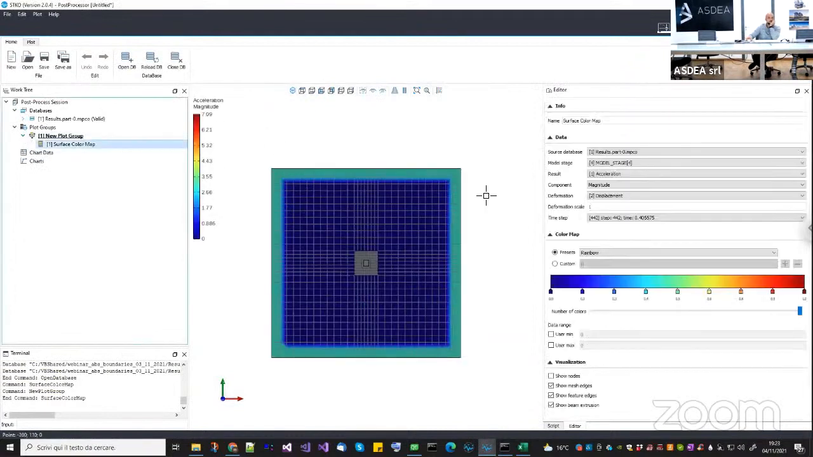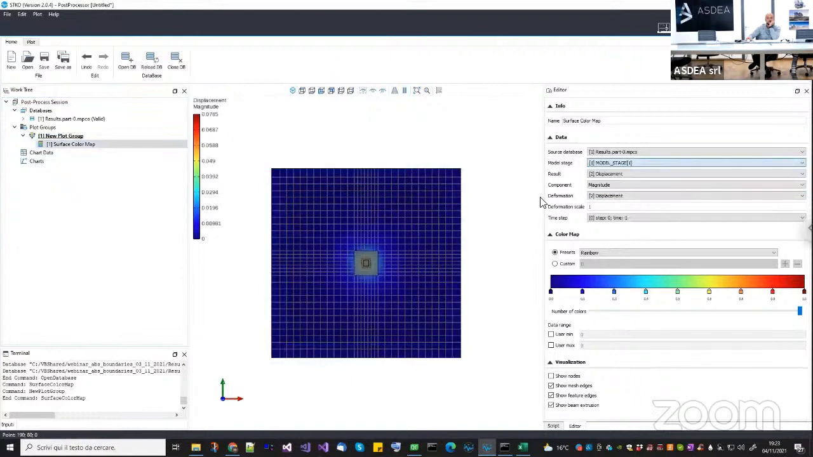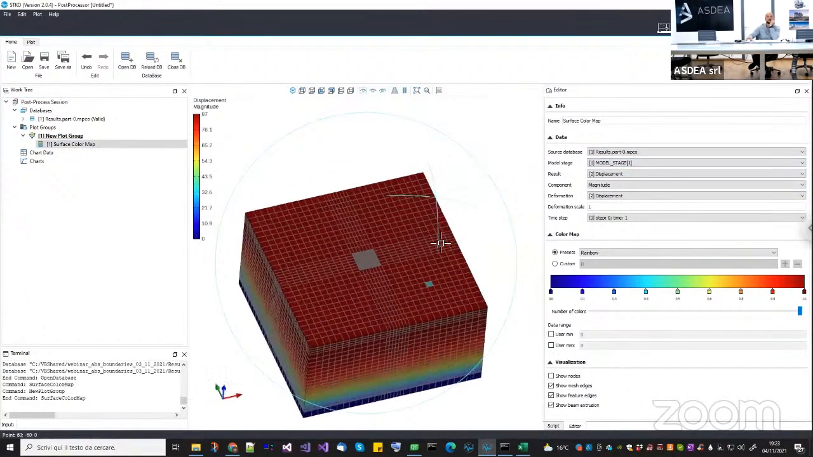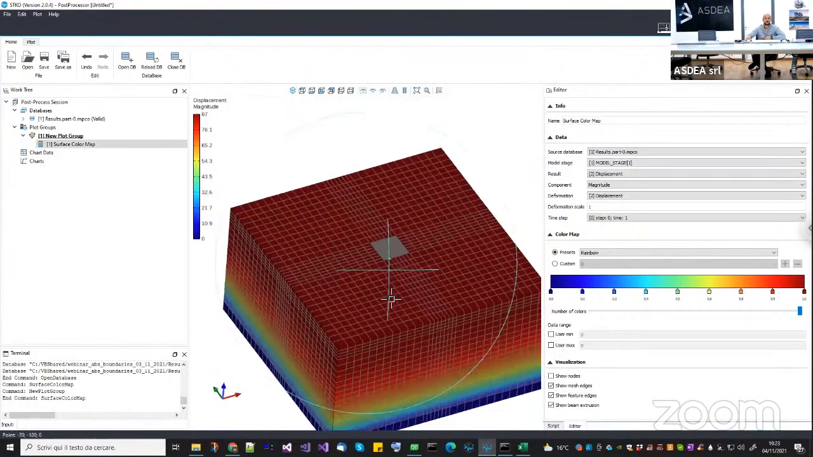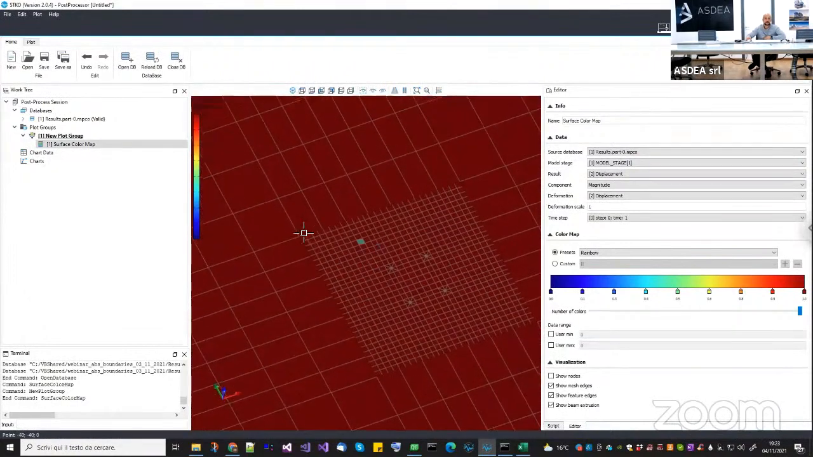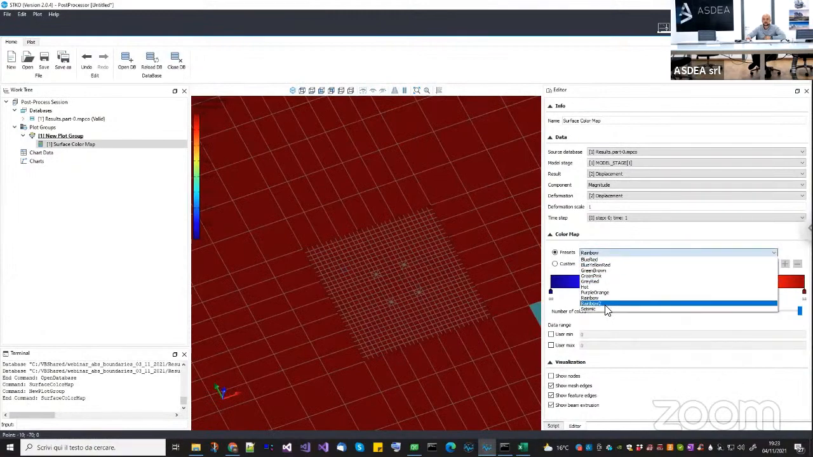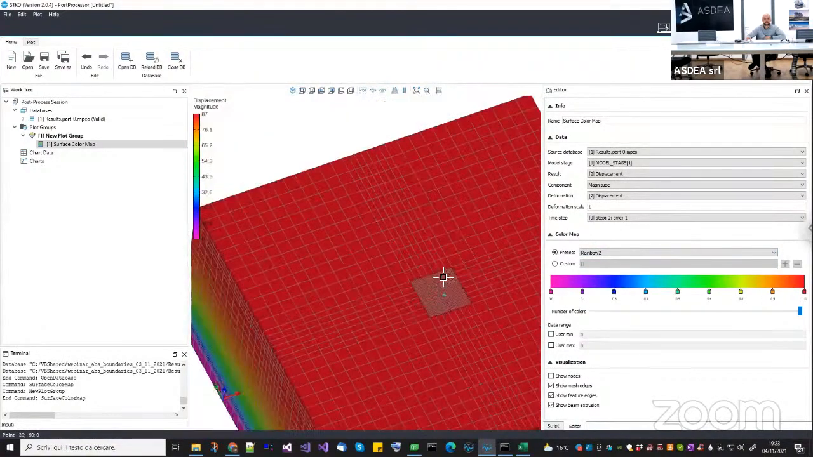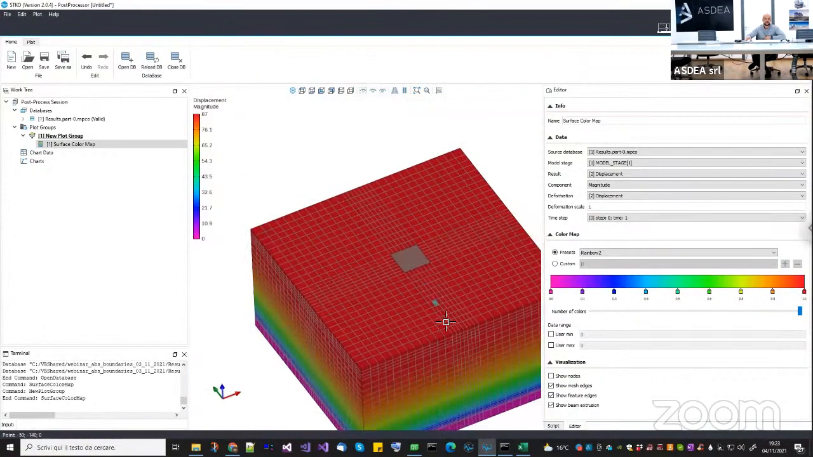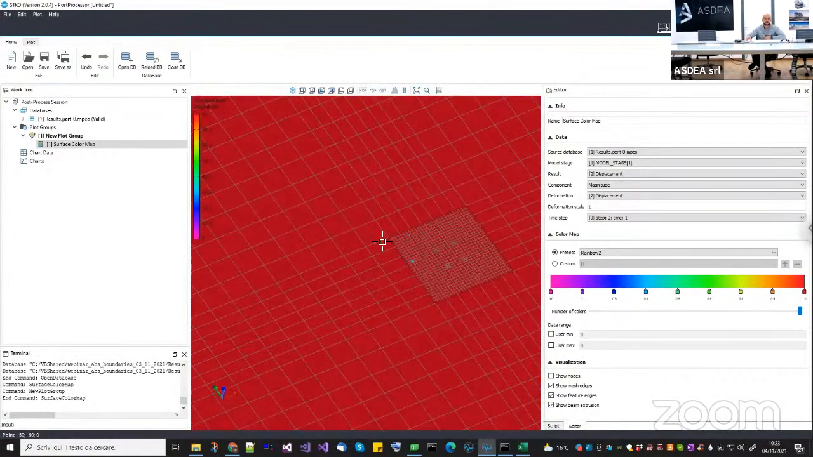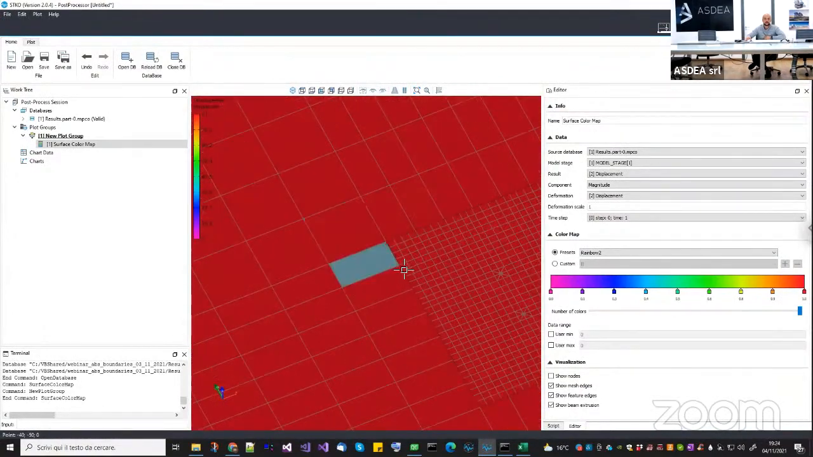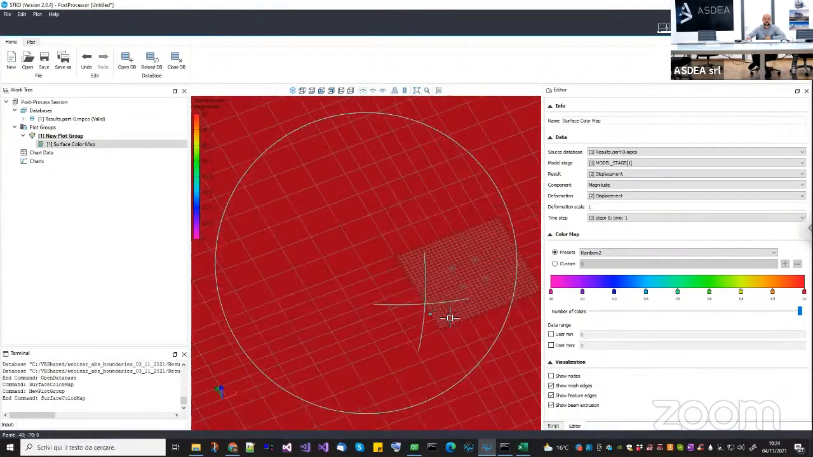Okay, so let me go to displacement and to the initial stage. Okay, now let's see how it looks. Now, first of all, you can see that the meshes are, let me just use this one, probably it's easier to visualize. Okay, now as you can see, the two meshes are completely attached. Okay, and this is pretty nice for